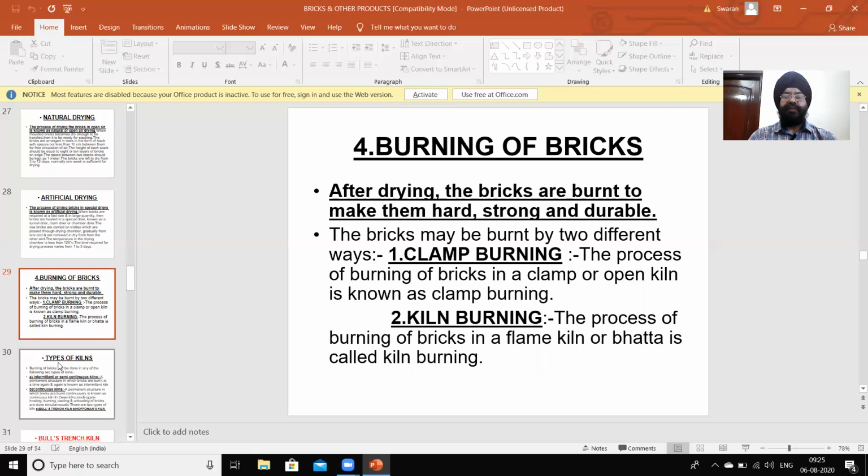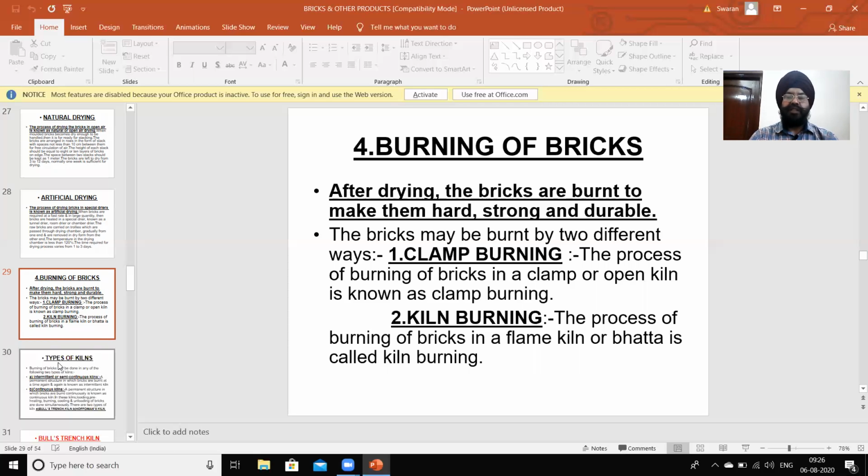The bricks may be burnt in two different ways. First, clamp burning: the process of burning of bricks in a clamp or open kiln is known as clamp burning, or the small scale burning of bricks.